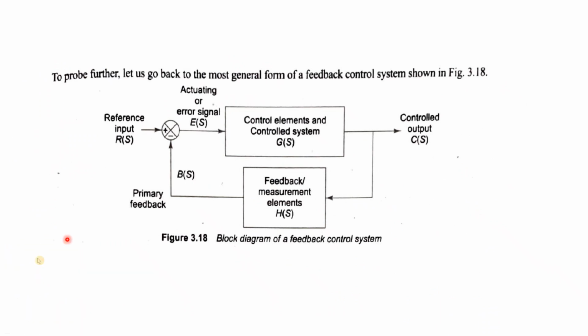Okay, the summation point is just there to compare the input and output. So the summation point does the work of comparing the input and output. Generally when the feedback is given, an error signal is generated. So the error signal is input minus the feedback signal. Okay, and if the error signal is 0, that means the feedback is equal to the input. So the summation point is just there for comparison or doing the calculation part.